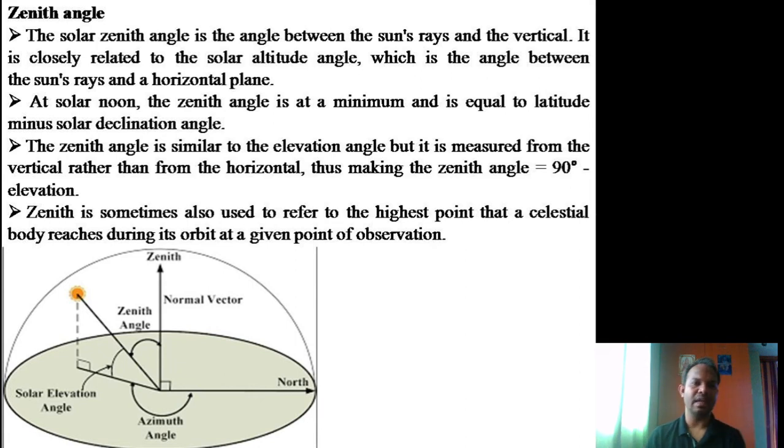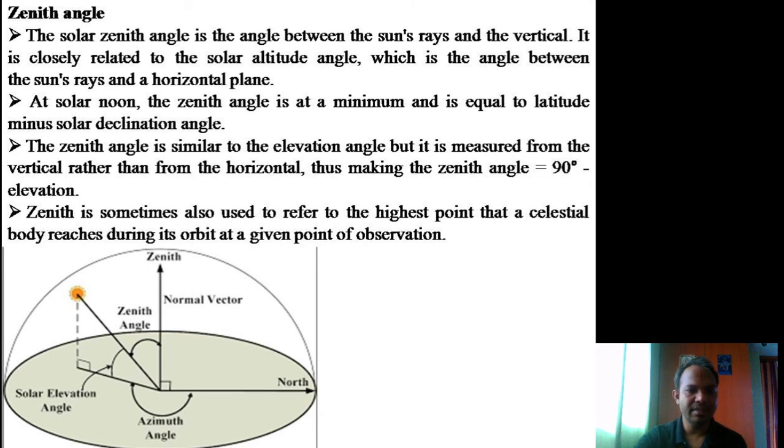Now this is the zenith angle. Zenith angle, as we have already discussed, is nothing but an angle which is 90 minus alpha, where alpha is the altitude angle. Now this figure gives you a very clear picture. The sun has been indicated by orange color over here. The solar radiations are coming onto the earth's surface with an angle given by the solar elevation angle or altitude angle. It is one and the same, which is denoted by alpha.